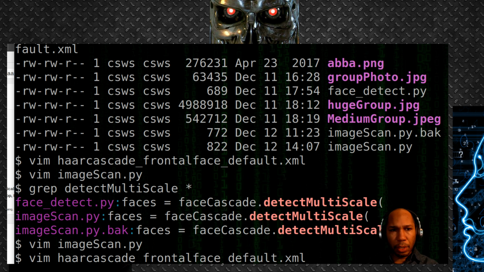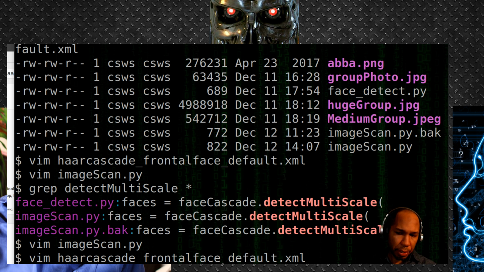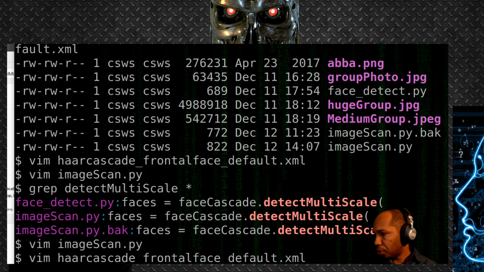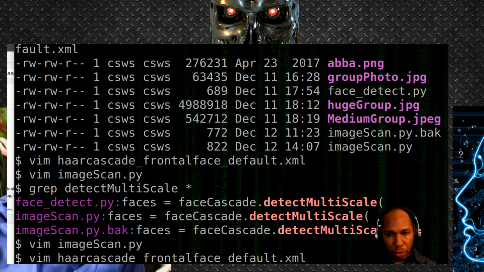So basically, I'm going to run a very small Python file that has the basic instructions required to utilize a machine learning library to scan an image. The image in question is a photo called mediumgroup.jpg, or JPEG, same thing. I'm going to go ahead and run it, and you're going to see it scan the photo and try to identify faces. So without further ado,